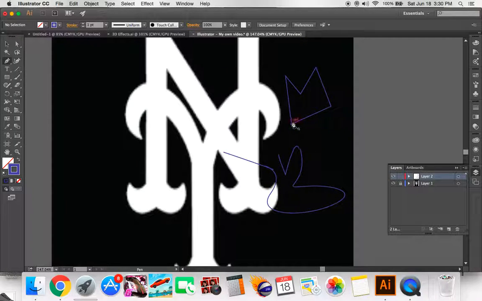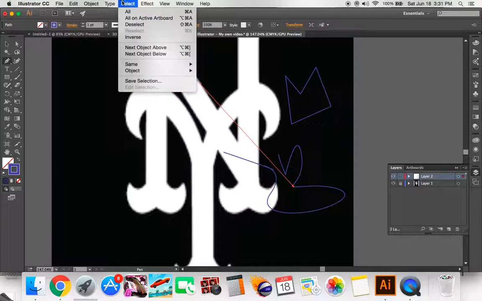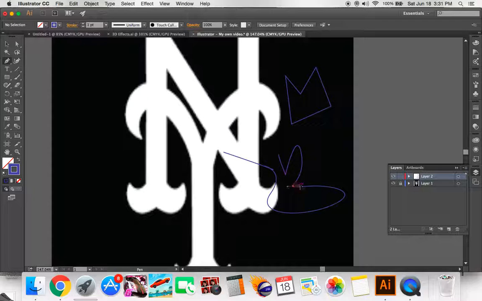So what you can do is, on a curved point, deselect that, and you can kind of round it out and make it more cornered. You can turn one of these cornered, deselect that. So you can do the same thing like I showed you before. So we're just going to add an anchor. So I'm going to select this, get rid of that, select this. I'm just going to add an anchor